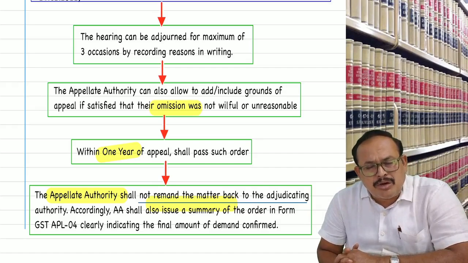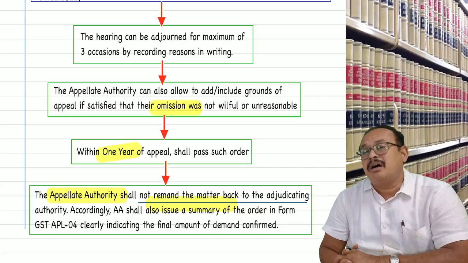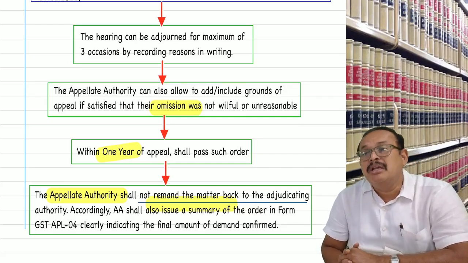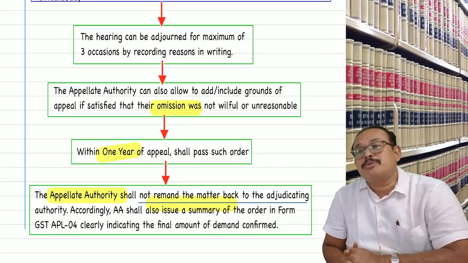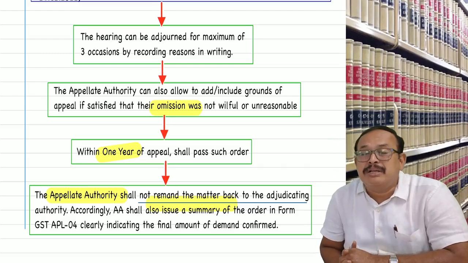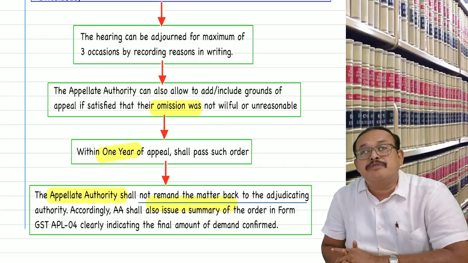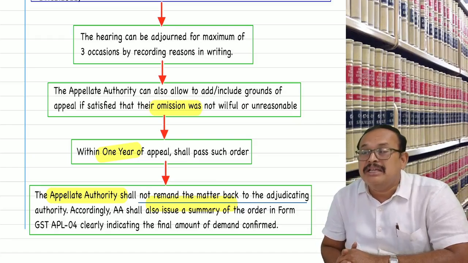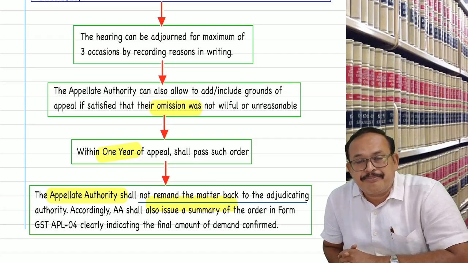In the case of appeal filed through soft copy, where the order was originally passed as soft copy, there is no need to file hard copy. If the order originally passed by the department is hard copy, then from the date of filing the appeal through the system software, the hard copy should be submitted within 7 days. If so, the date of filing the appeal through the system software, soft copy, is the date of filing. If not, the date of actual filing of the hard copy application is the date of filing the application for appeal. Is it clear, sir?